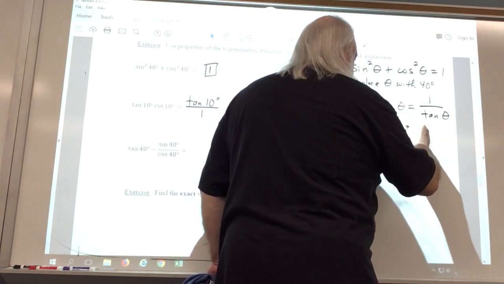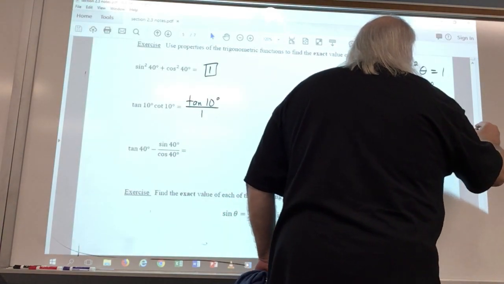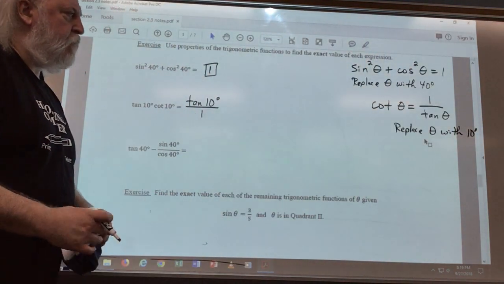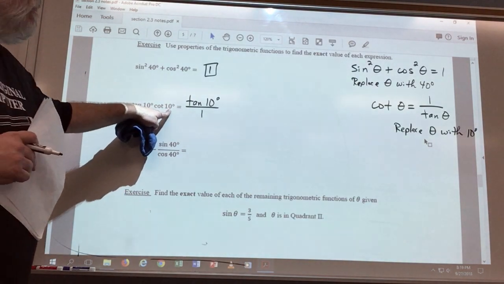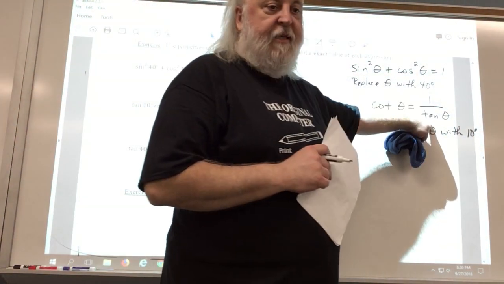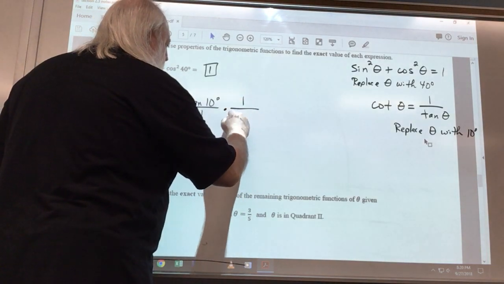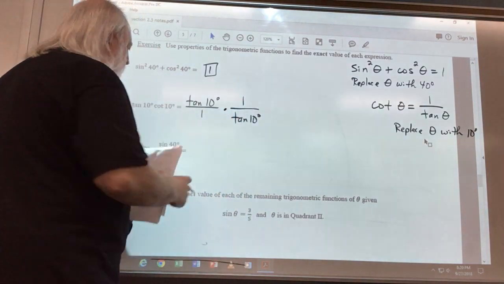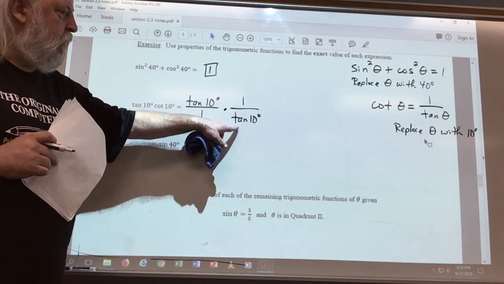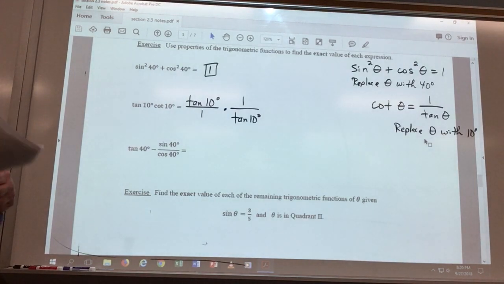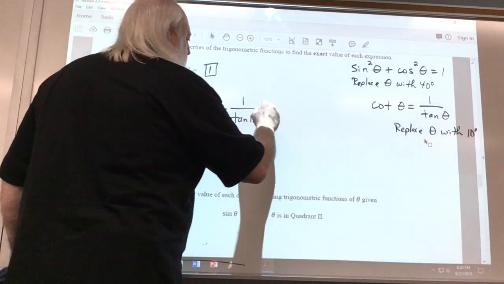So if we replace theta with 10 degrees in this example, then we know that the cotangent of 10 degrees is equal to 1 over the tangent of 10 degrees. So in the second factor of this product, I can replace cotangent 10 degrees with 1 over tangent 10 degrees. And now I'm multiplying two fractions, and when you multiply two fractions, you just multiply across,